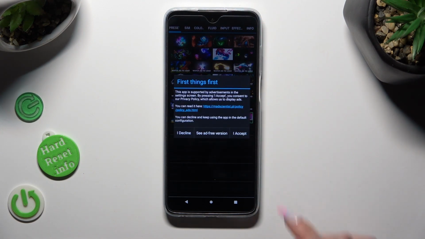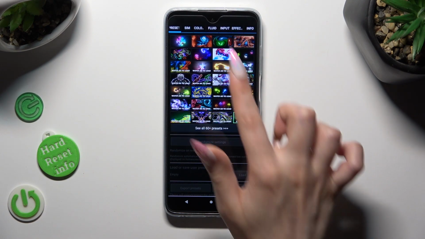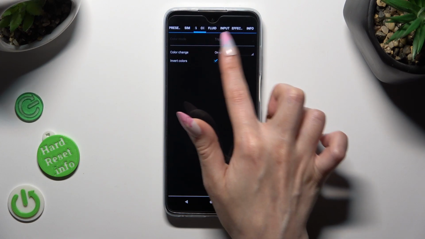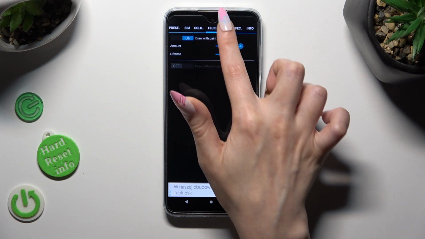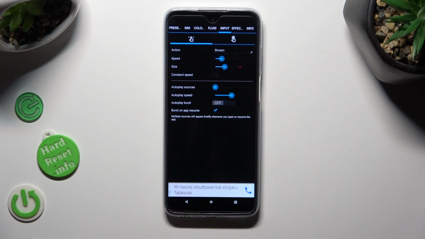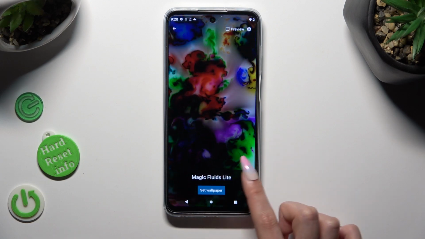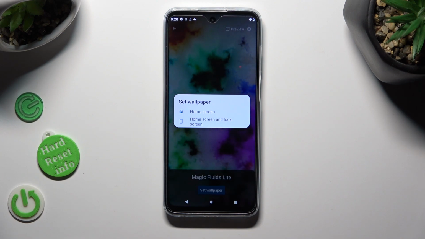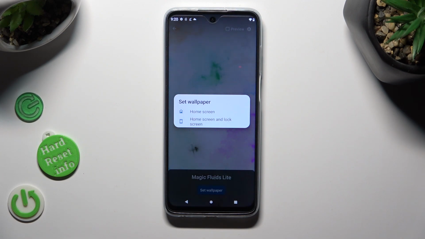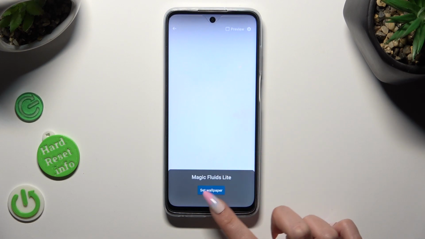Now, after selecting I accept in First Things First pop-up, adjust all of those settings however you wish to. Then go back, click on Set Wallpaper, and decide if you want to apply it on home screen or home screen and lock screen. I will go with home screen only, so when I click and go back,